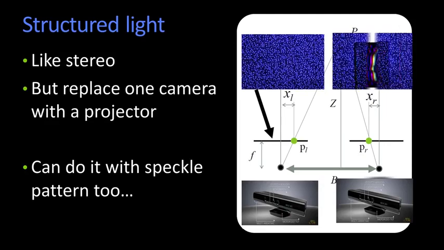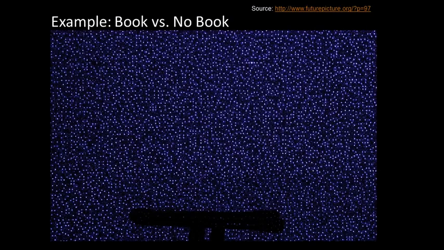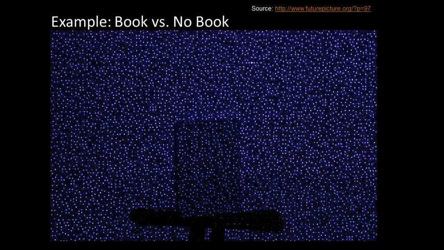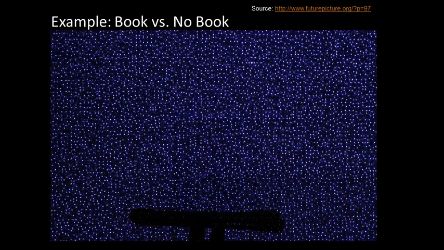And then what the camera sees is a speckle pattern, but where the dots are offset as a function of the depth. So that's shown here. So here's a picture. So it's looking flat. This is from one perspective. It's actually sort of faked in how it's doing it, but don't worry about it. If it was just a flat wall, but if I change the depth, so I put a little book on this stand, right? You see that's the difference between